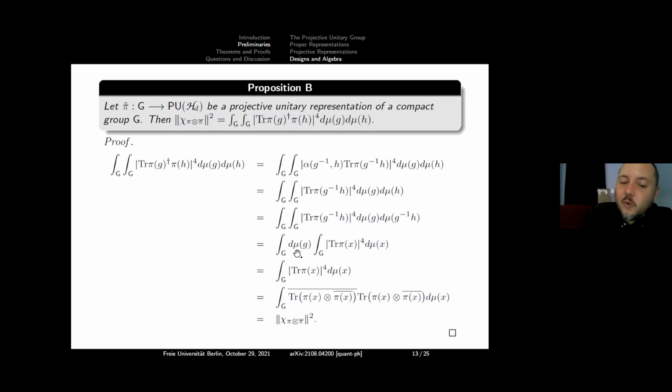There are many different ways that I could write this quantity, the absolute value of the trace to the 4. Let me write it like this. There'll be 2 bars and there'll be 2 non-bars. So that's how we're building back up to the absolute value to the 4. But why have I written it like this? Because that is precisely the definition. And so that's the end of the proof.